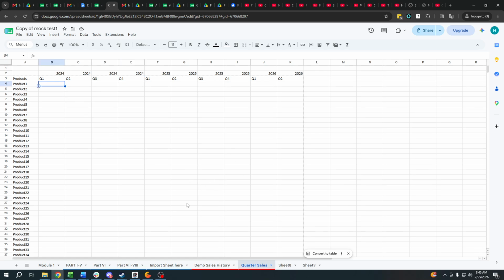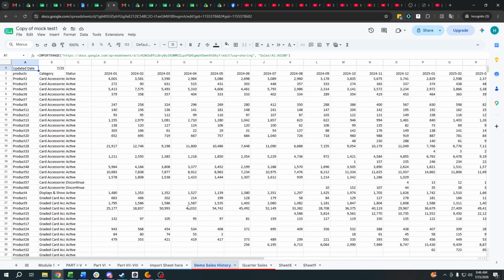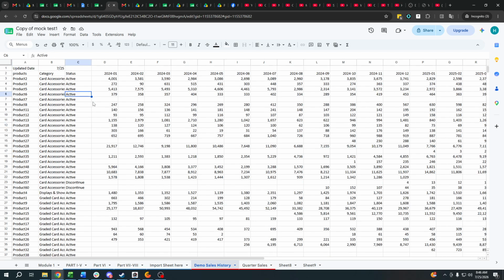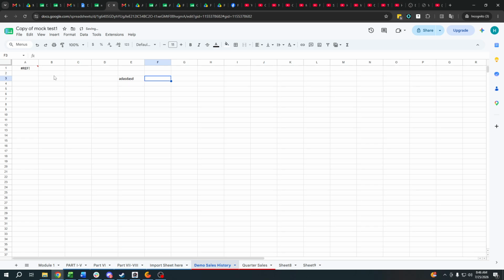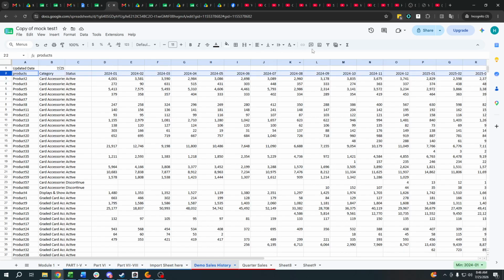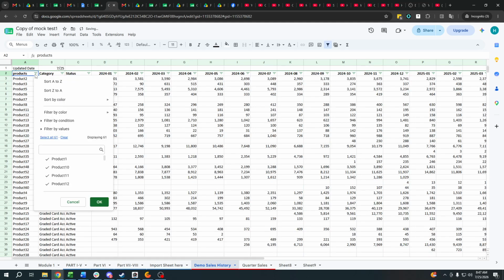So on this one, this is the demo sales, and as you can see, the list is not consistent. So if you would like to edit this one, there's an error. This is what we call maybe a syntax error, because these import rates keep on updating every second or maybe every minute. So if you would like to add a filter or sorting function and sort this one, it won't work.